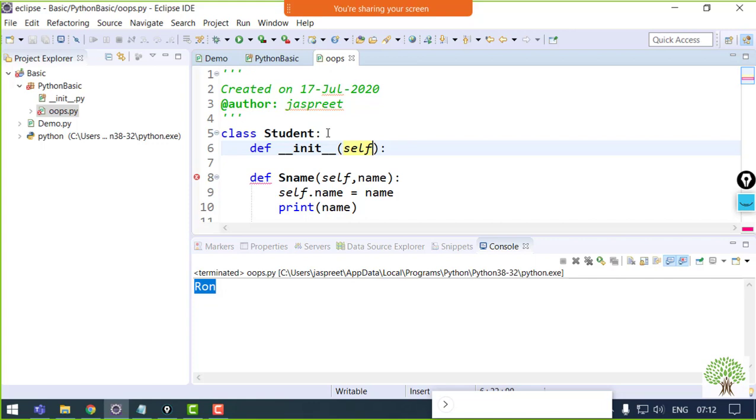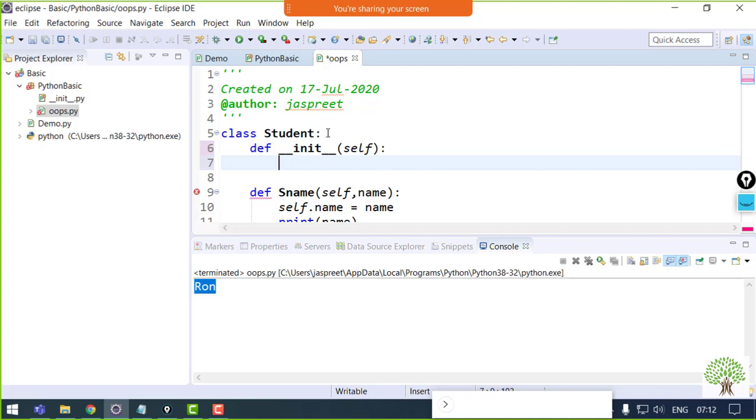It will become a normal function which you can use. Also, you can only have one constructor in a whole class. Java provides that you can have more than one constructor in the same class, but over here overloading is not possible, only one constructor is possible.